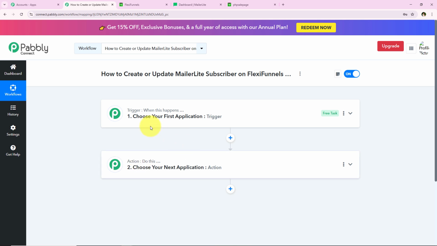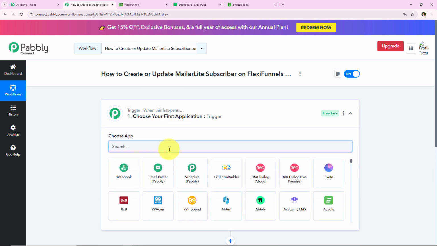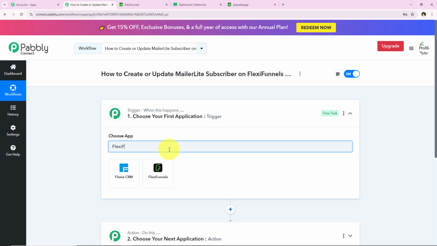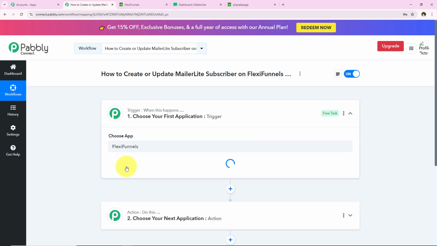So by this you can understand that the actions are responses towards the commands given by our trigger, and that's the particular reason that we can have only a single trigger but multiple actions following the commands of our trigger in a particular workflow. And in order to start with our automation, we have to select our trigger application. So for my trigger application, I'm just going to select FlexiFunnels. So I'm just going to search for FlexiFunnels, and as you can see the same,